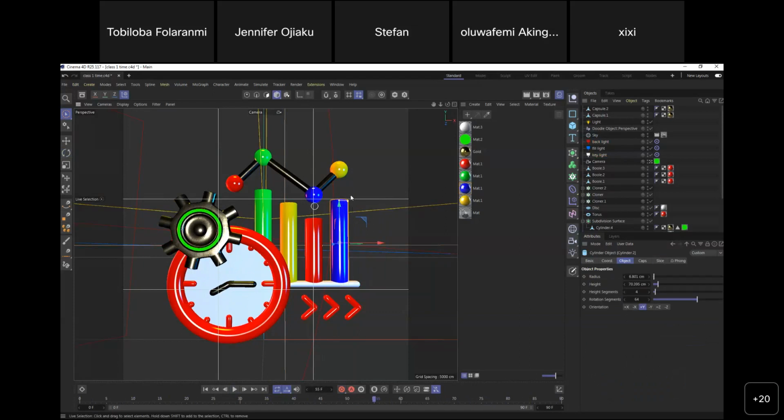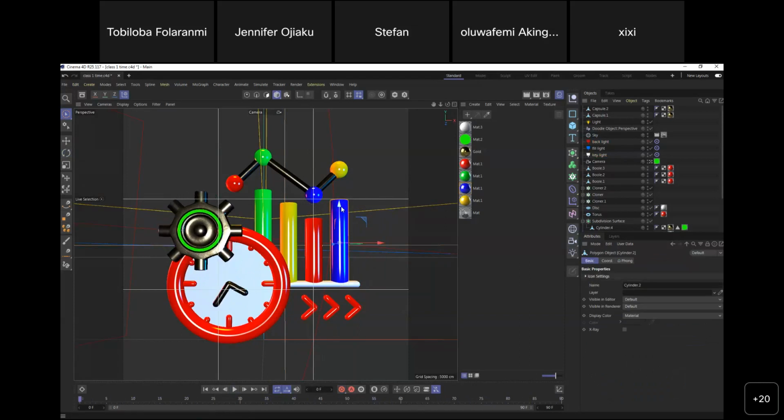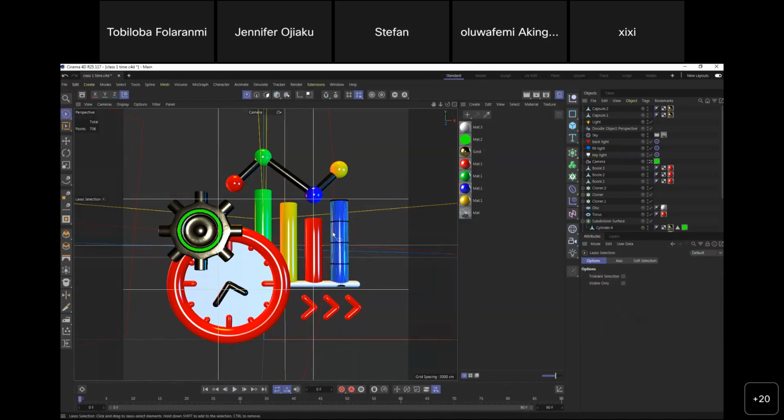So let's make it editable, right? Make it editable, and then at the first point, let's go to the point mode, right? And then I select, okay, probably I select this, right? And then one at the middle, at 45, which is like 1.5 seconds, I want it to come down, right? And then at last, I want it to come back up in that sense. So once I play,